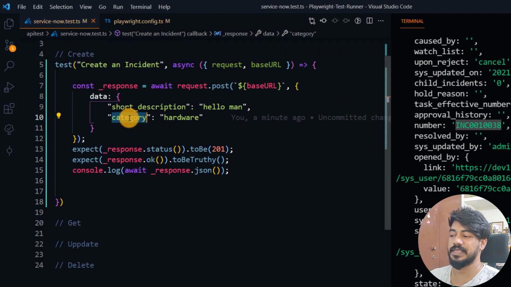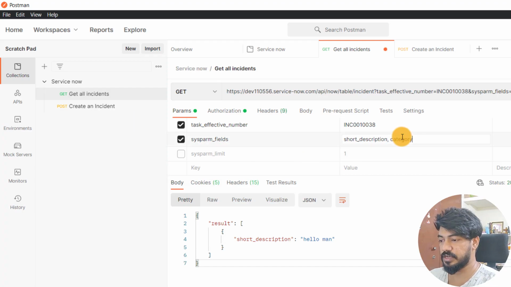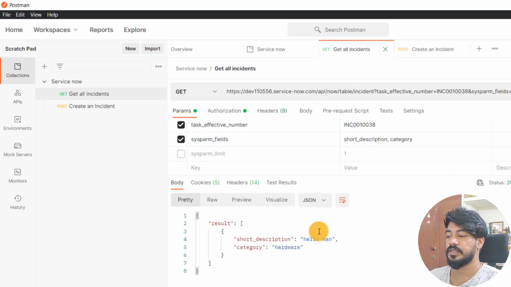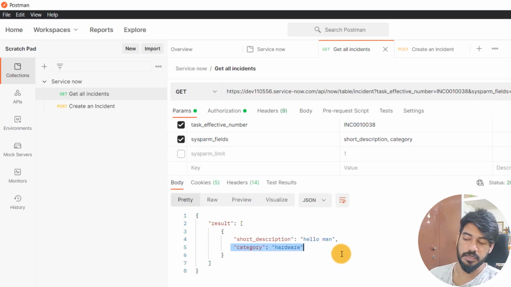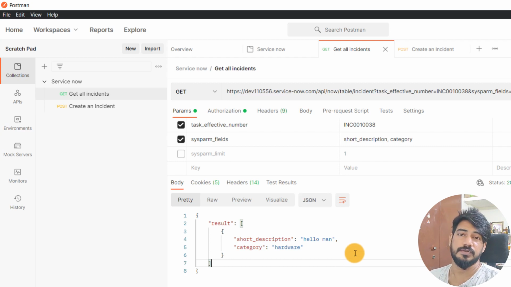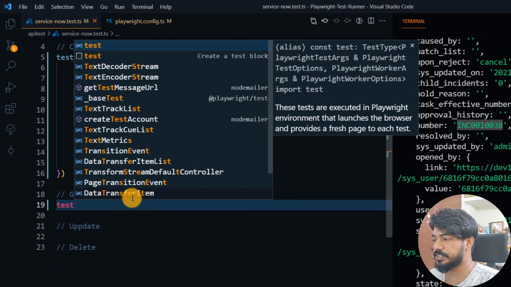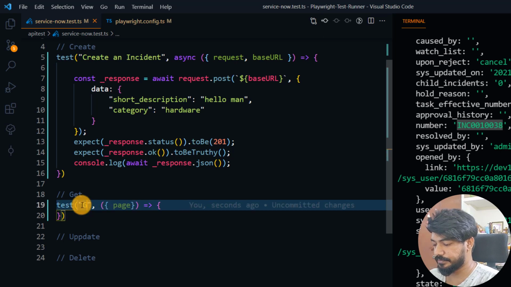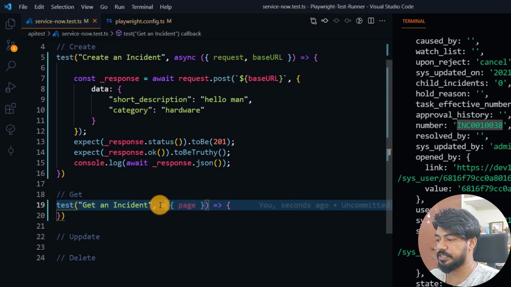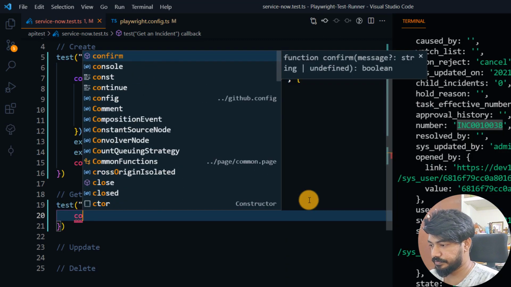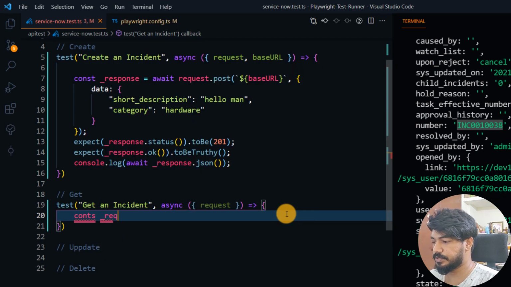And here also we have something like category, so let's give that. So here I'm going to give comma and category and send, and you can see whatever the category we have, we got this. Okay, now this is fine. Let's see how to use this with the help of Playwright. So I'm going to create one more test body here. So here I'm going to say test, followed by get an incident, and here it's going to be async, and this guy should be request. Okay, now let's say const underscore response